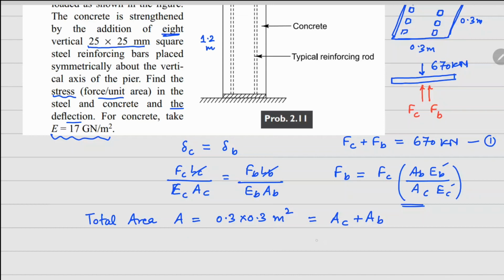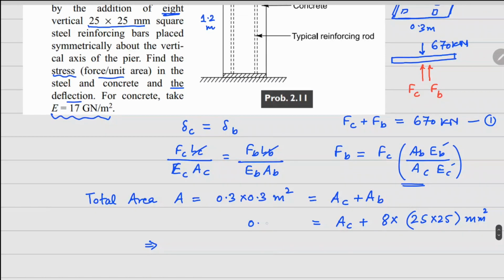So if you look at your concrete area and we substitute the bars area there, which is 25 times 25 millimeter square, from this we can find, this is basically 0.09 meter square. From this we can find that your area for your bars is only 0.005 meter square and area for concrete is